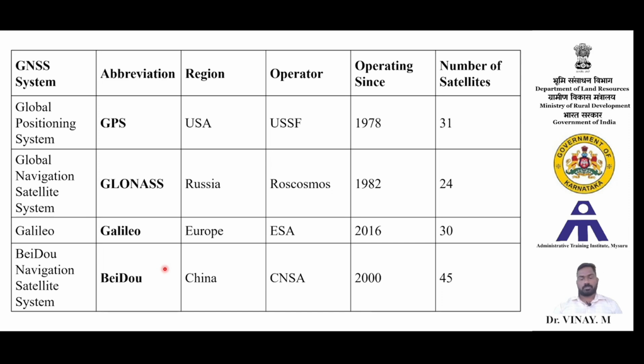The European Union also launched a system called Galileo by the European Space Agency in the year 2016, which is also a constellation of 30 satellites. China also developed a GNSS, which is called the Baidu Navigation Satellite System, and which has around 45 satellites. So these satellites form a constellation in space in an orbit, and